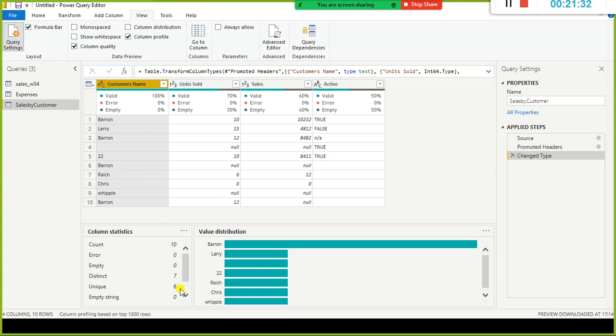So even in the case of unique, it takes into account the null value here, because when it comes to unique, the typical RDBMS unique constraint allows only one null value, right? So the same thing is applicable here. So 7 distinct values are there, and unique is 6. Hope you understood how to interpret the profiling.